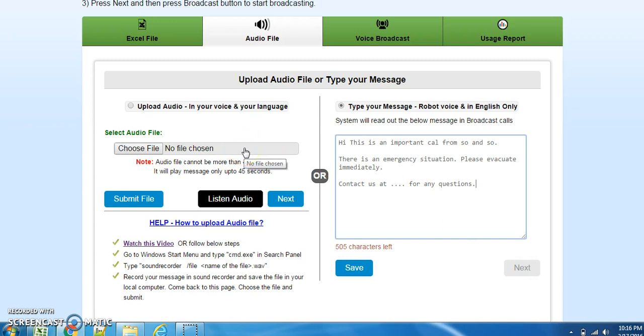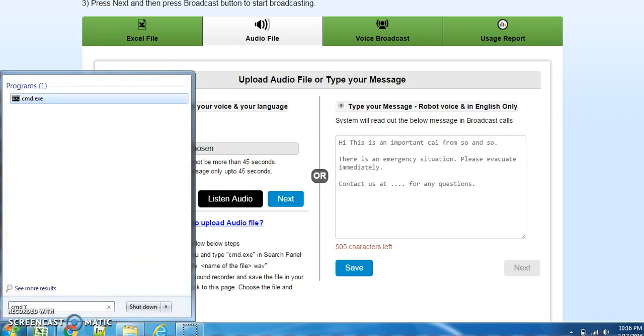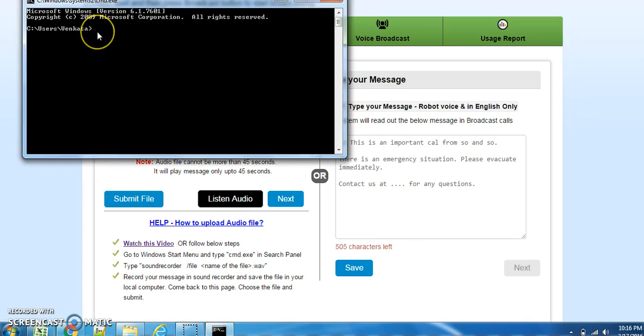Let's say you want to upload the audio file, as you want the message to be in your voice and in your language. So what you will do is you will first create the WAV file. Now let's see quickly how to create a WAV file. So we'll go to the start menu and type here cmd. This is the command prompt. Click on cmd.exe, and from here you will type sound recorder